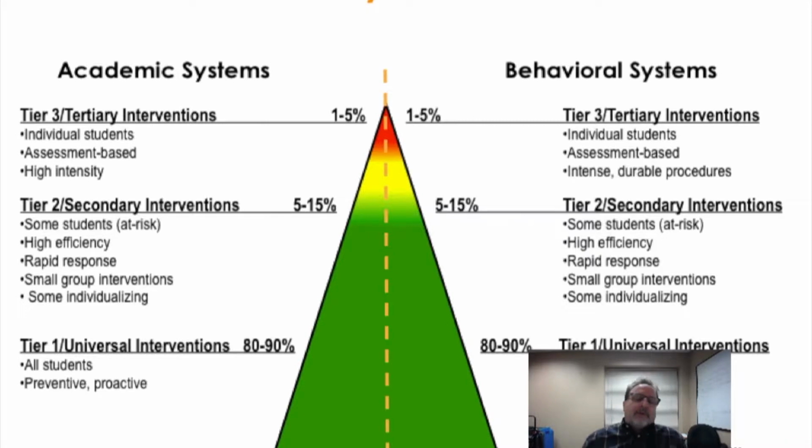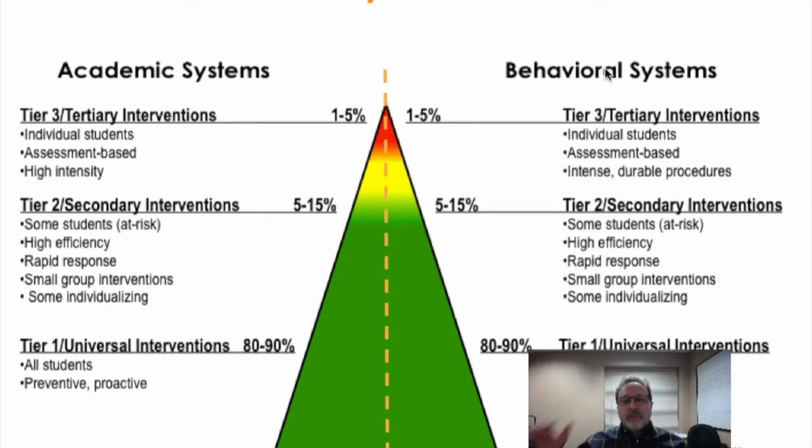Tier 2 in both systems addresses the needs of those students that need something more beyond the core, like we like to say. And Tier 2 supports typically involve evidence-based strategies, either academic interventions or behavioral interventions, that are delivered in addition to the core program. There again, you've got progress monitoring that identifies whether students are making progress, and it identifies those students that may need something more beyond those group-delivered interventions.